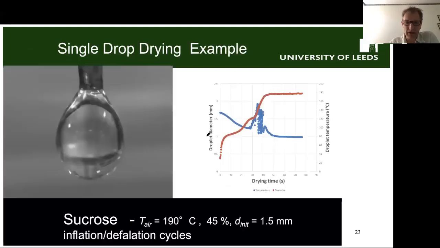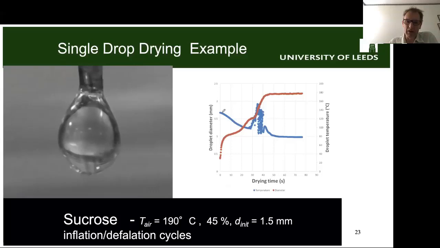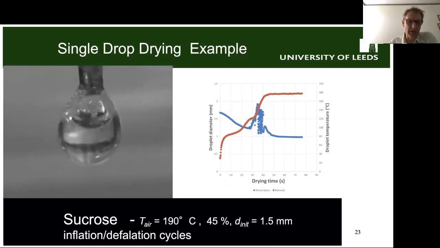So just to give you a couple of insights here. Here's a sucrose droplet drying on the filament, and here is the drying curve. The blue line is diameter and the red line is temperature. Now if we watch over here, just up here, you've got a bubble forming. So it's getting to boiling point, and there we go. What's going on there is